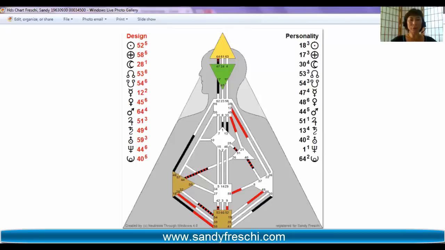So to recap, if you have no motors that connect to your throat, even if your throat is colored in, you really need to wait for other people to invite your expression out of you via questions, or if you're a generator and you have the sacral motor, you're always responding to things in your environment that may bring the energy that would connect your sacral or another motorized center up to your throat so that you can express. Or you may need to wait for clarity, either through your decision-making authority,